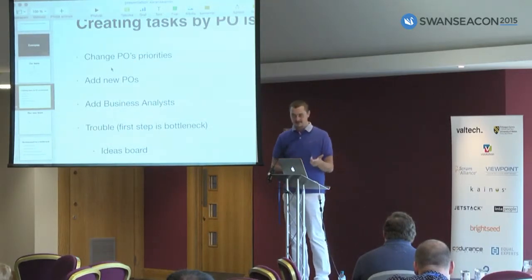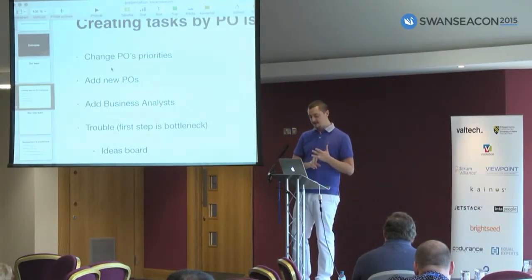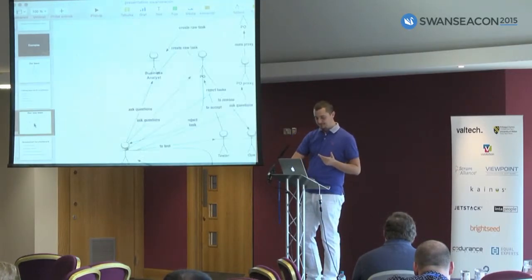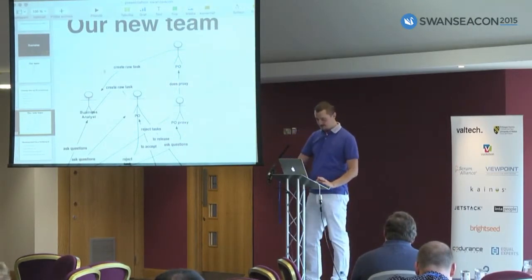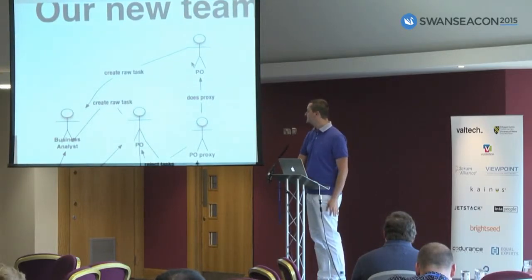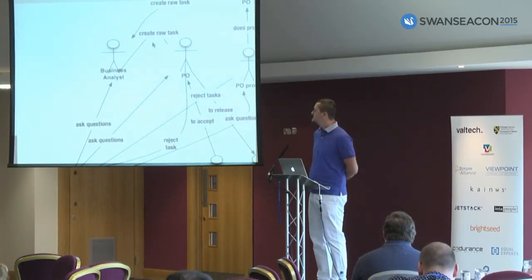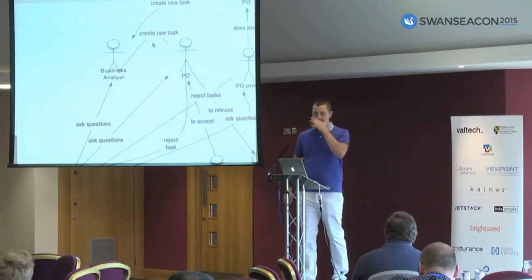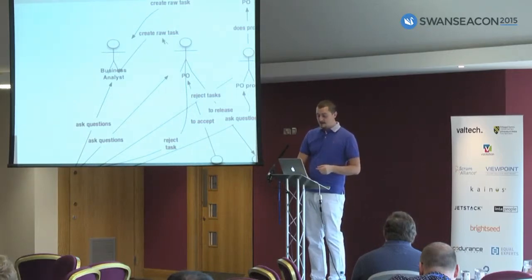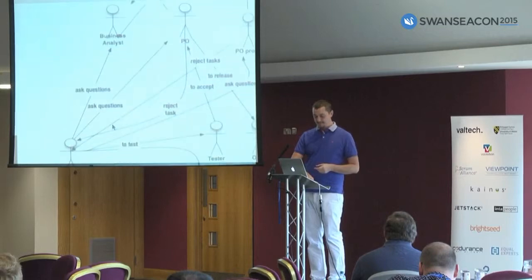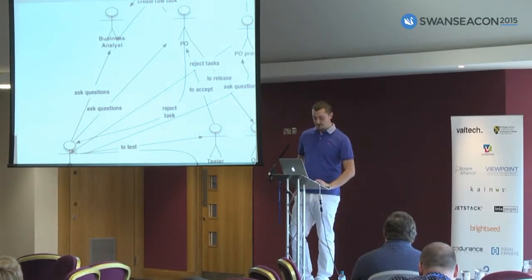The problem is that they have to have those three qualities. Or we can add business analysts. So this is the improved process. It seems quite complicated, but don't worry, I will explain it to you. There are two traces in this graph. First, we have one product owner, and he or she creates raw tasks. I call them super user stories, or I call them epics, it doesn't matter. The product owner sends them to business analysis, and after user stories are created by the business analysts, it goes to the developer, who